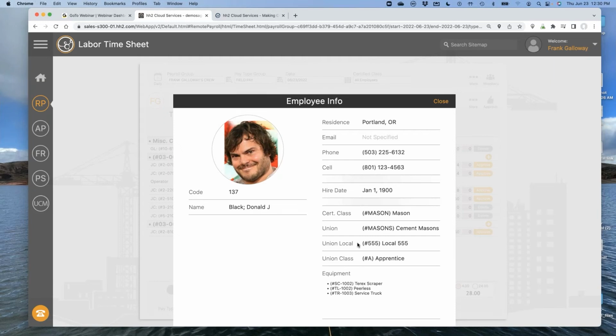Now, of course, okay, great. We'll talk about that just a second, actually. So this is what pulled over from your accounting system, okay? So this is what we're reading. The nice thing is you're not seeing any pay rates in HH2, so that's critical. I get that question oftentimes, like, hey, does the foreman or anybody else have access to anybody else's pay rates? And the answer is no, not in our system.